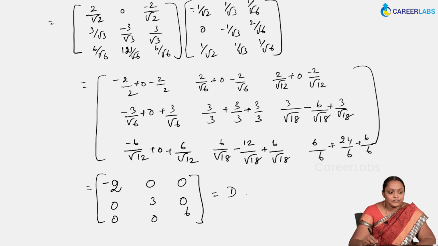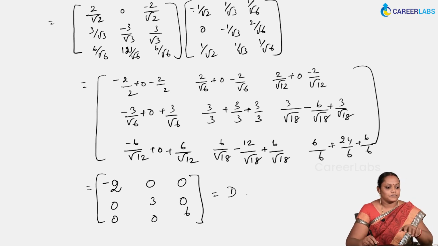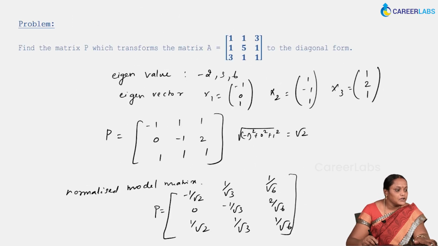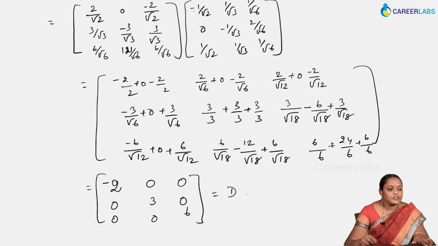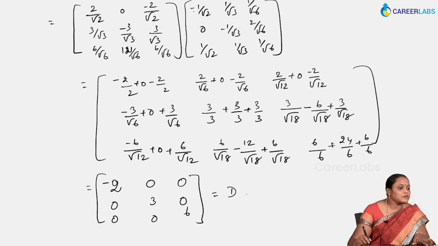So if you have arranged like this, you have taken x1 over here, x2 over here and x3 over here. So accordingly the diagonal elements will have their corresponding eigenvalues. If you are going to change these columns, accordingly the position of the eigenvalues in the diagonal will also change. Okay. So once you find the value of D, you can easily find the value of A to the power n. So if we want to find the value of A to the power 4, okay.